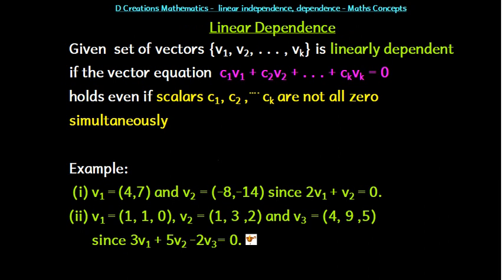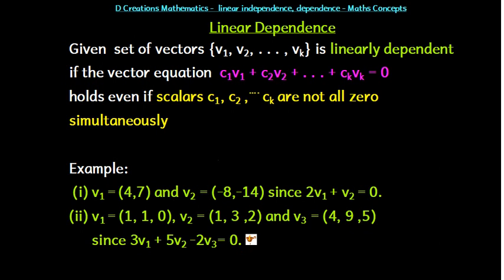If I multiply this by 3, this will give me 3 plus 5 is 8, minus 8 is 0. Similarly, 3 plus 15 is 18, minus 18 is 0. Similarly, this is anyway 0. 10 minus 10 gives me 0. So basically it will give you 0, 0, 0, which is basically the 0 vector here.